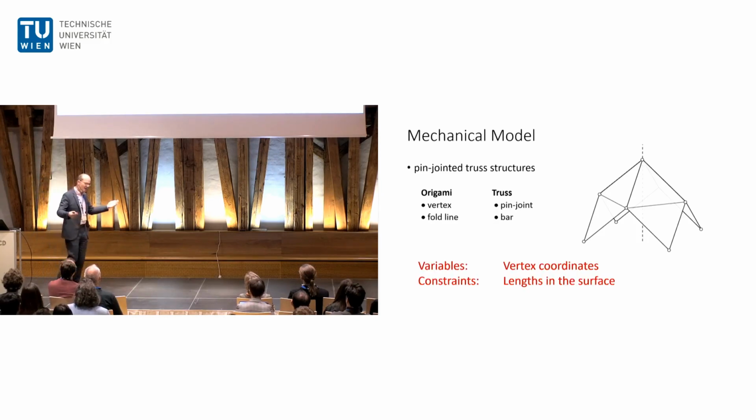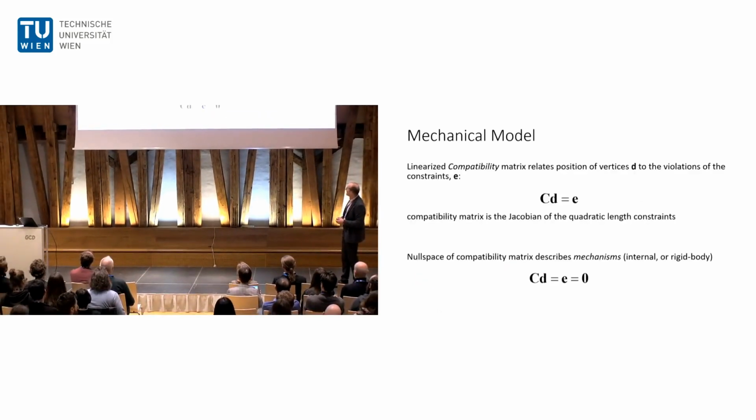And now, if we think about what we're doing with our modeling, our variables are the vertex coordinates, those are the freedoms. The constraints are that we just fix some lengths within the surface. So we're fixing a set of lengths, and that then allows us to do very simple modeling, something that is in mathematics often called rigidity theory, or it would be what our structural engineers would learn in their first year